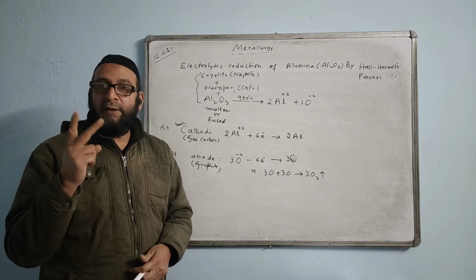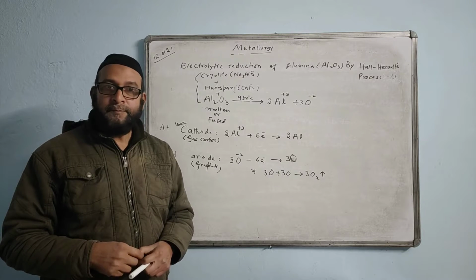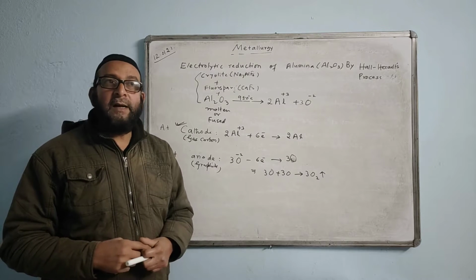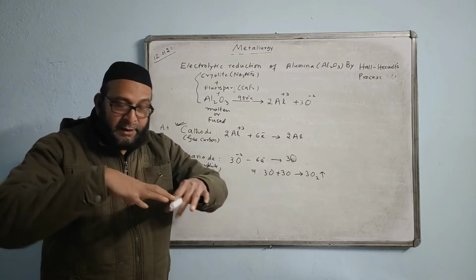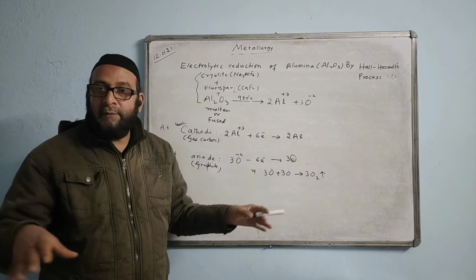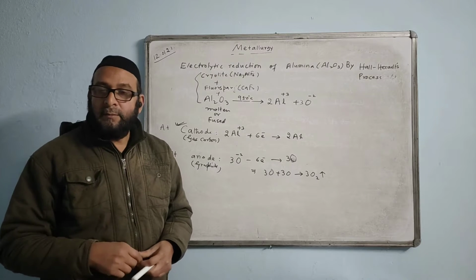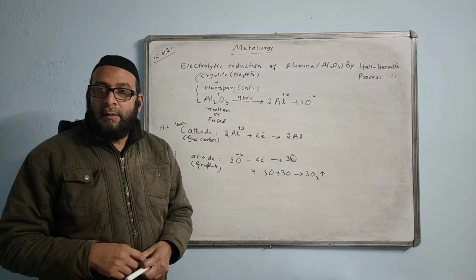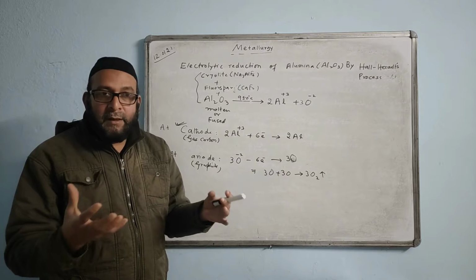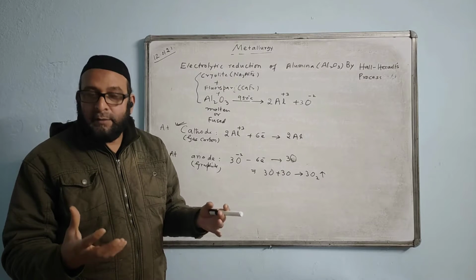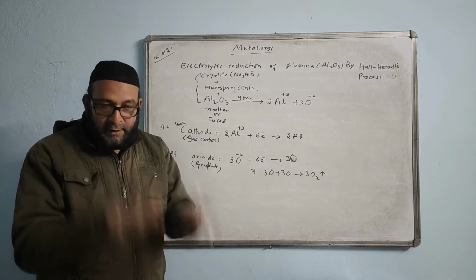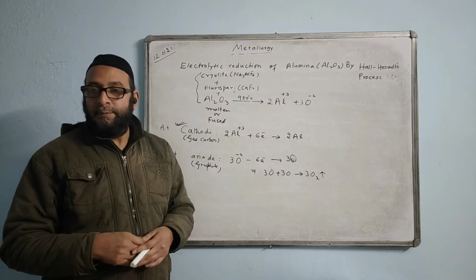For two reasons we sprinkle coke powder. The first reason is that coke powder will blanket the heat, will cover up the heat and will not allow the heat to escape. That is one reason. Because that will make the fire denser, the fire will subside rather than rising up.